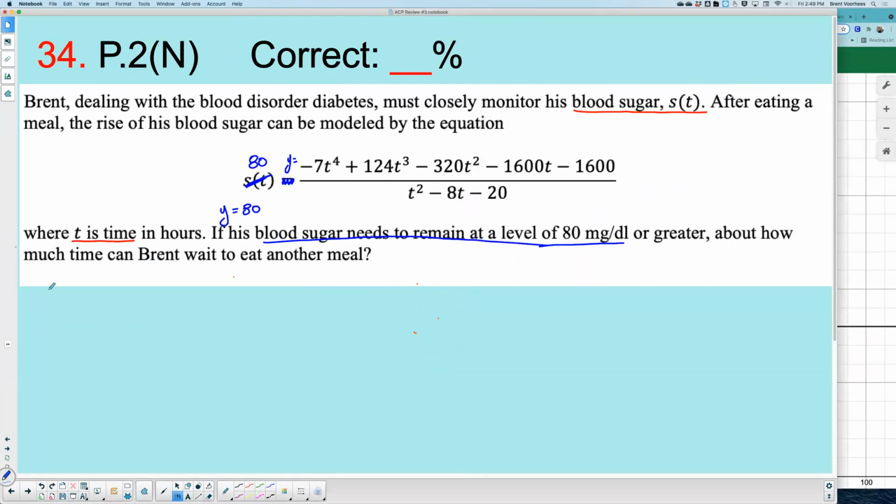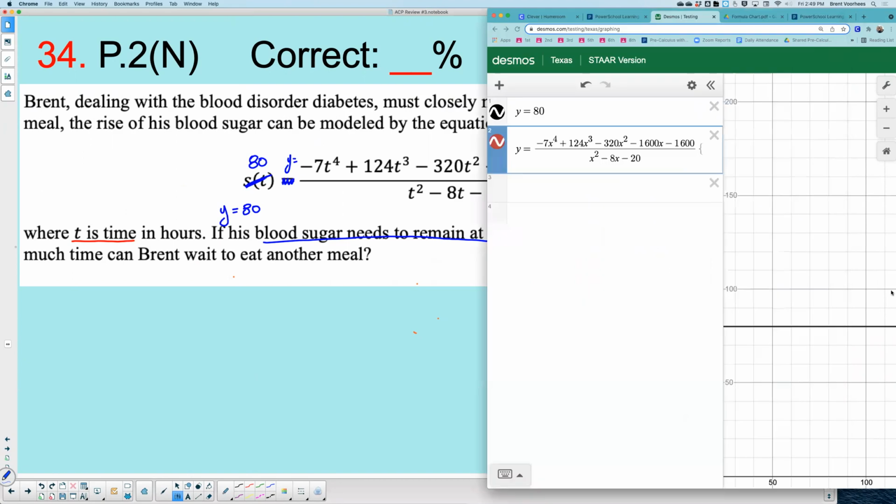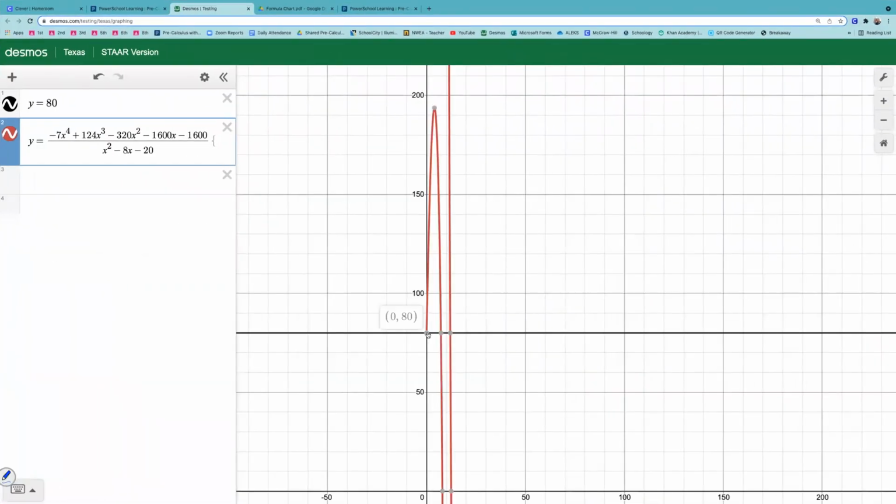What's the question? How much time can I wait to eat another meal? What would the answer be? If this is my blood sugar, I'm fine because it's above, it's above, it's above. This is where I need to eat by. My answer would be